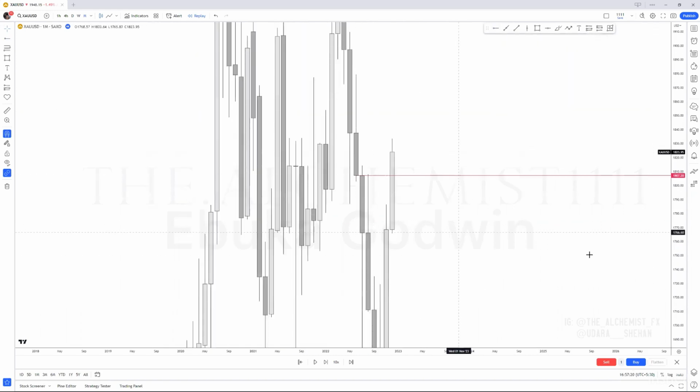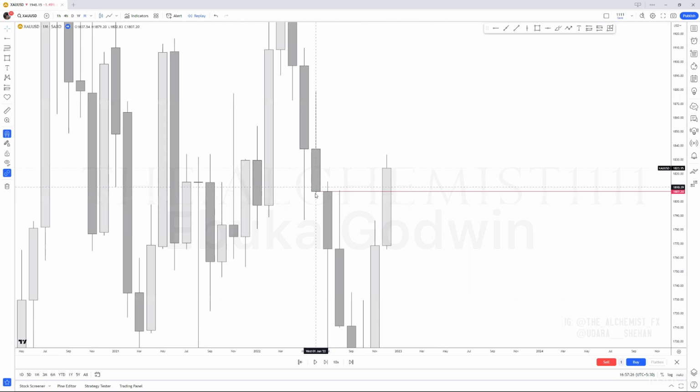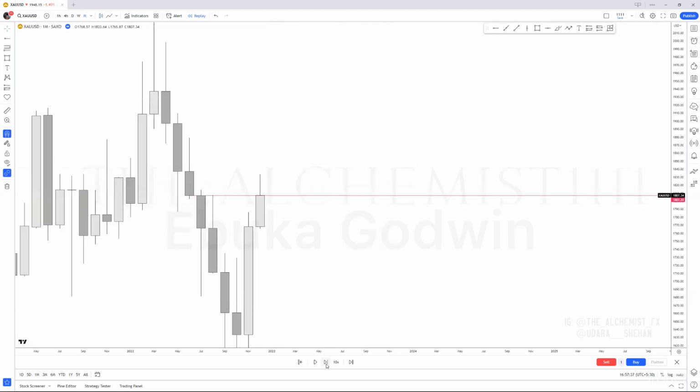Now, I told you something like this right now. Can you see this level in here? What is this level? This is a closing price once again being broken. But this is a very good zone because why? This zone was once used as a resistance. Can you see how this zone pushed price down here? Now it is broken, so it could act as a support, right? It could act as a support.